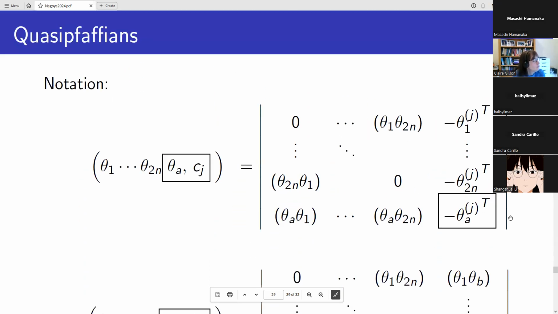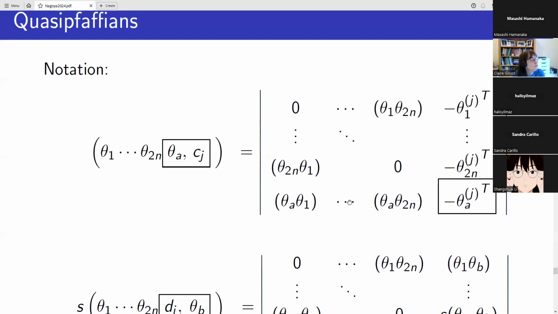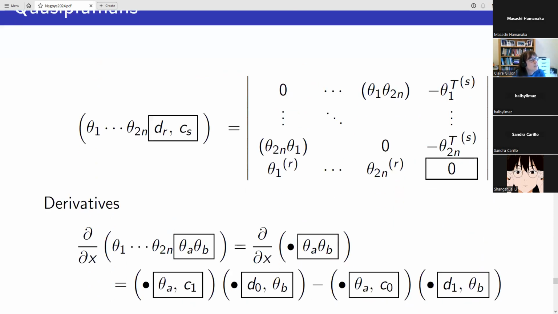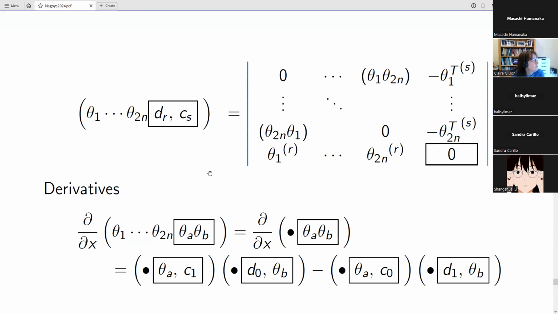And then you also have ones where you have derivatives as well. Let's go through those. And then you finally have ones where you've got a last column which is thetas, and a last row, which is thetas and derivatives of it, and that's described by boxing. I put a drcs in the box, and that means this is s derivatives in the last column and r derivatives in the last row. So I'm going to have all these different objects, and they're going to give me my quasi-Pfaffians.